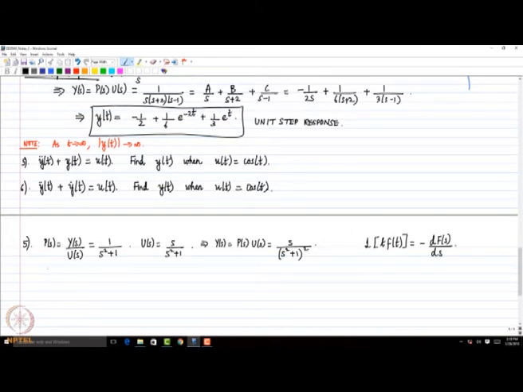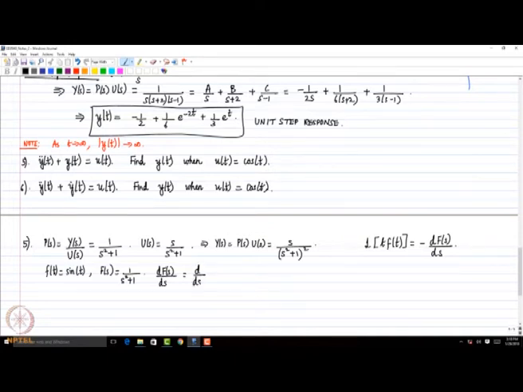So let us take f of t to be sin t. The Laplace transform of sin t is 1 divided by s squared plus 1. Now the first derivative with respect to s is